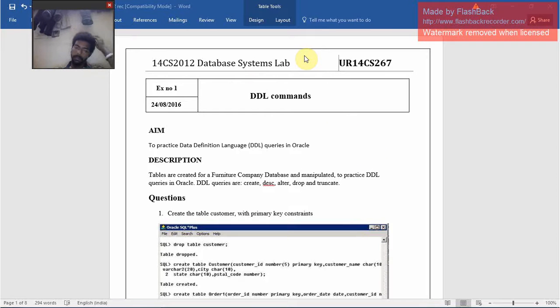This is my second experiment in database. Here I am going to explain how to use the DDL commands in Oracle. The description for this experiment is to create a table for a furniture company database and to practice the DDL queries in Oracle. DDL queries are create, describe, alter, drop and